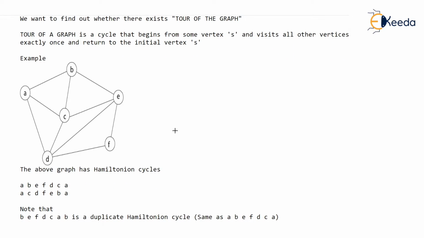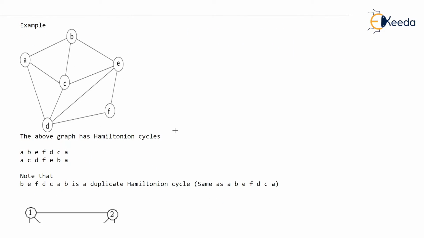Now let's see the graph given in an example. Does this graph have a Hamiltonian cycle? Yes, of course. Check. You can start your cycle from A. Actually, you can start the cycle from anywhere. Then you can go from A to B because the edge exists. Then B to E you can go. E to F, fine. Then F to D, D to C, and C back to A. Now notice that you have started your cycle from A, visited all the vertices exactly once, and you have come back to the initial vertex.